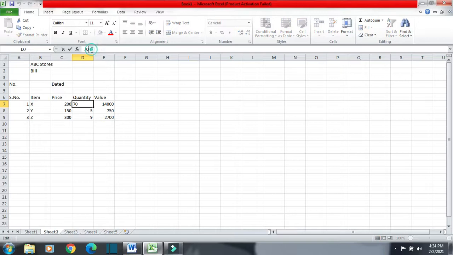Either I will click in the formula bar and then I will add 0 and press enter, or I can double click here also and using arrow keys I can now put 0, or I can click here and then press F2. Then I am inside the cell and from here I can change the value. So 3 ways are there. Either we can use the formula bar, or we can double click here to change the value, or when I click here I can press F2. It will take me inside the cell and I can change the value by editing.